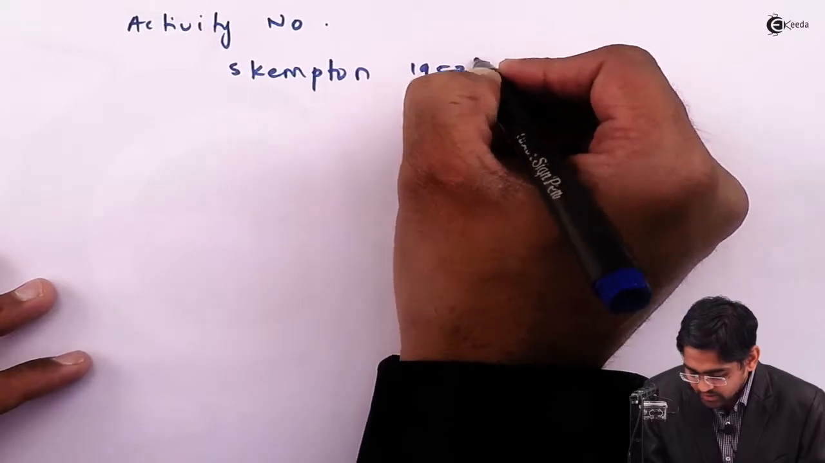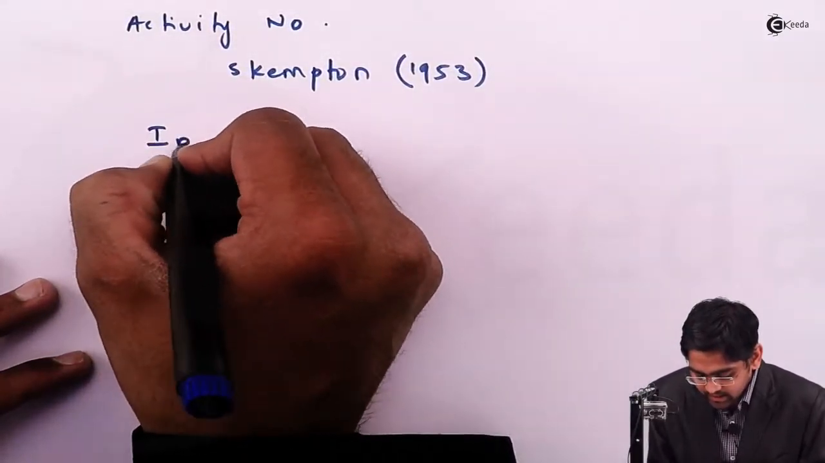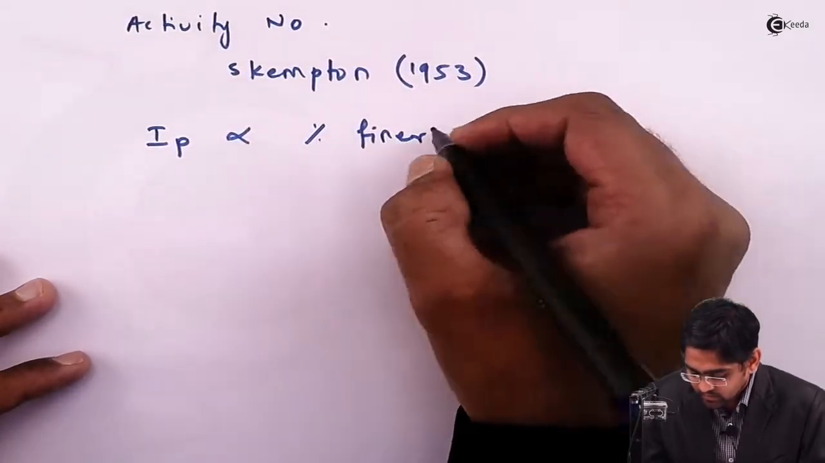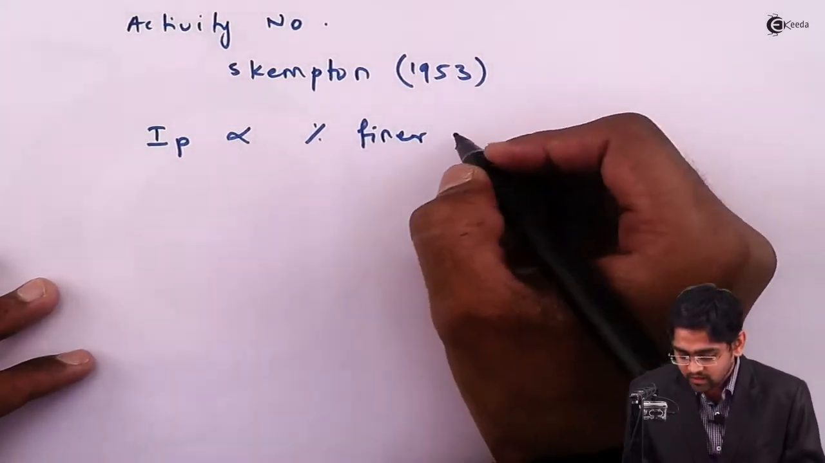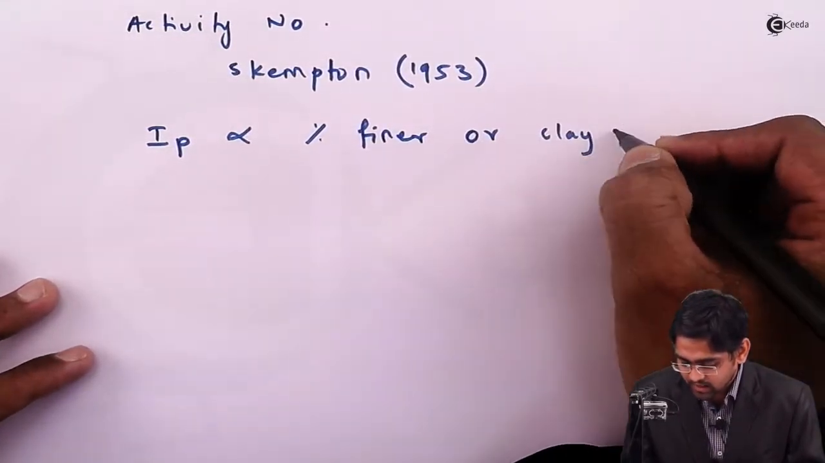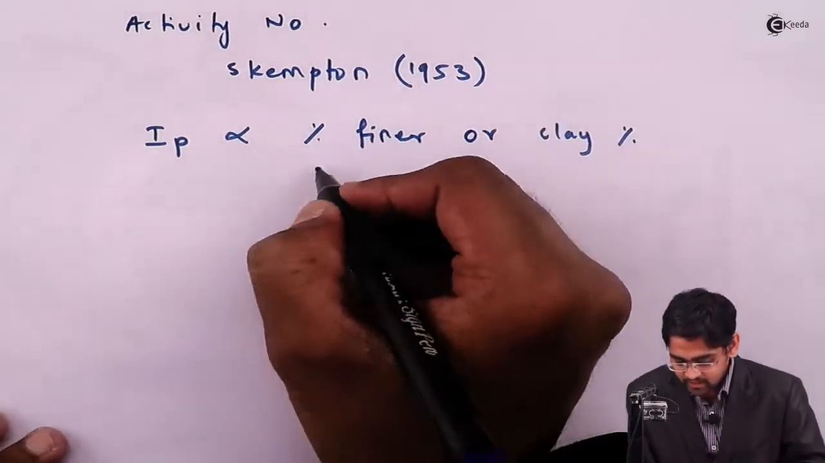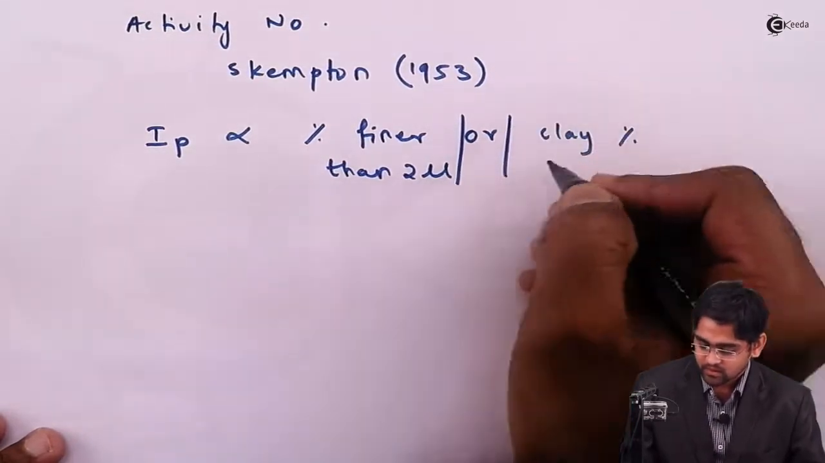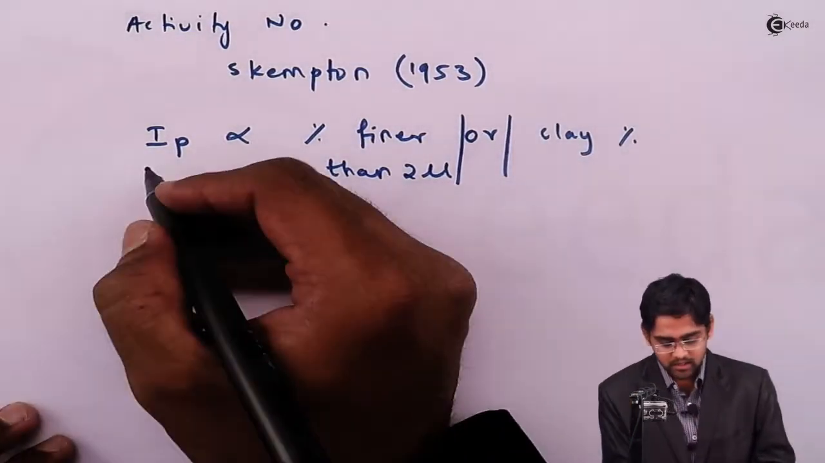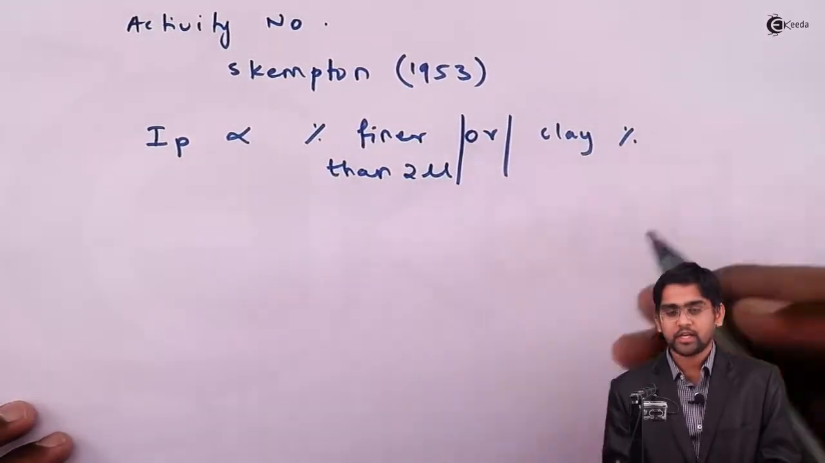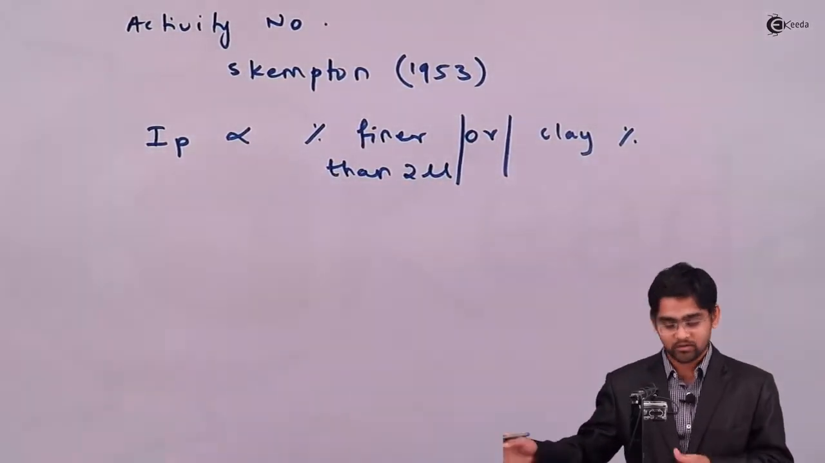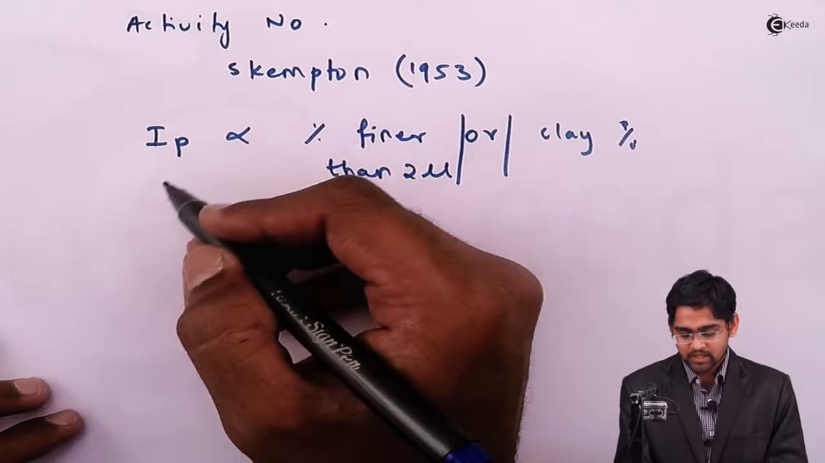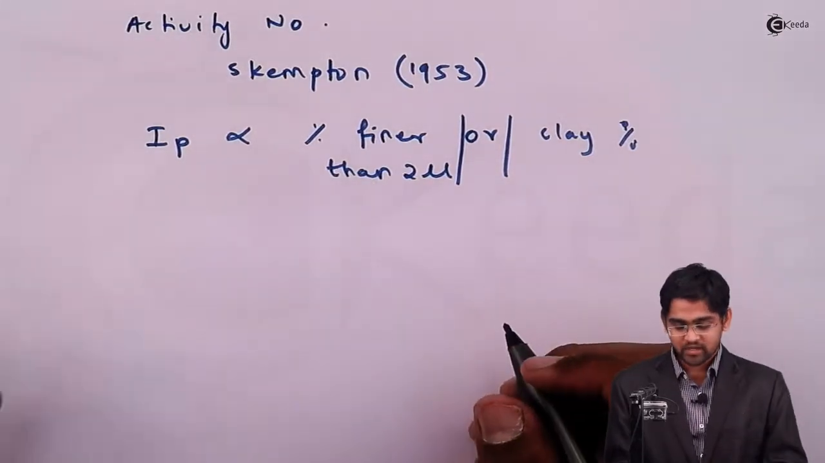Skempton in 1953 observed that the plasticity index is directly proportional to the percent finer, or clay percentage, or percent finer than 2 micron. So he discovered that plasticity index is directly proportional to the percentage of clay in a particular soil, and if you go on increasing this, then the plasticity index also goes on increasing, because the soil is a